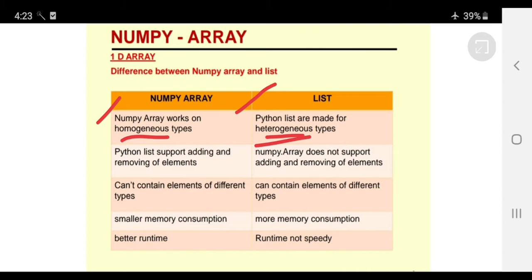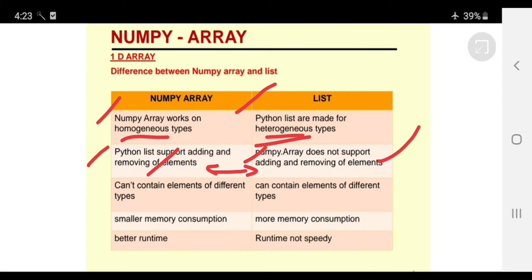Okay, and Python lists support adding and removing elements. NumPy does not support adding and removing elements. This point is misplaced. It should be reversed, that is, this point is about NumPy and this one is for list. NumPy arrays do not support adding and removing of elements. So we can't append or add elements or remove elements from a NumPy array.